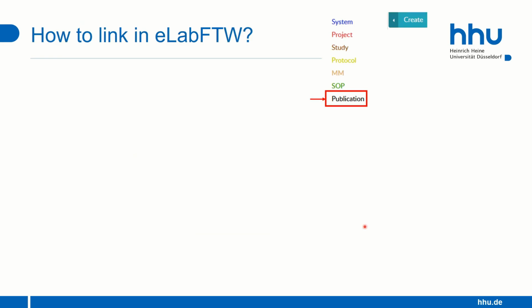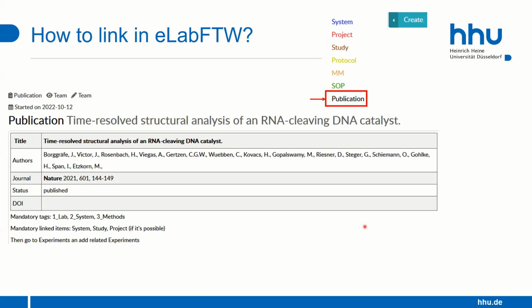So how do we do the link in eLabFTW? As an example case, we set up publications, but in the same manner also for all other items or categories that you see here, title pages, if you wish. They need to be filled once, but then contain very top-level metadata information.